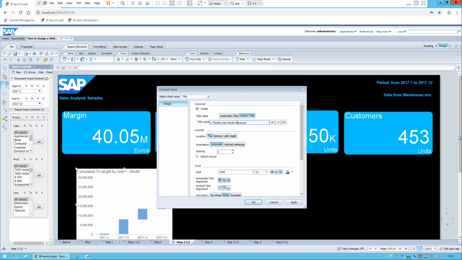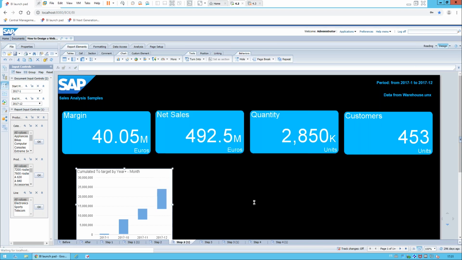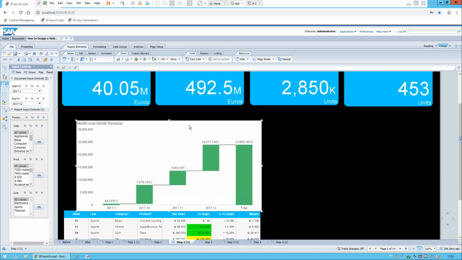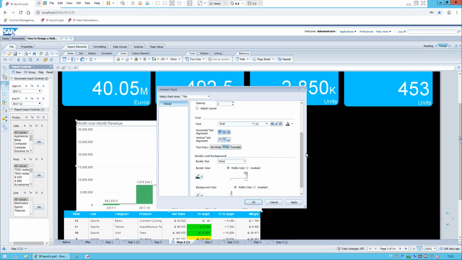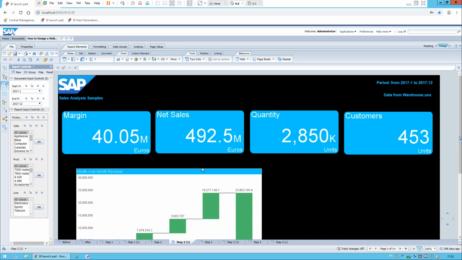All right, and last thing, just to add the reference line so it looks nice. Okay, so here we are. That's the chart I want to choose. The only thing I forgot to do is to make the title look like everything else here. Background color blue. Okay,